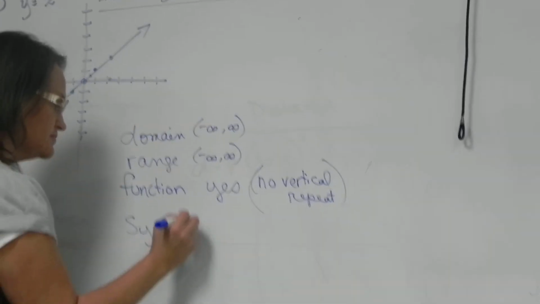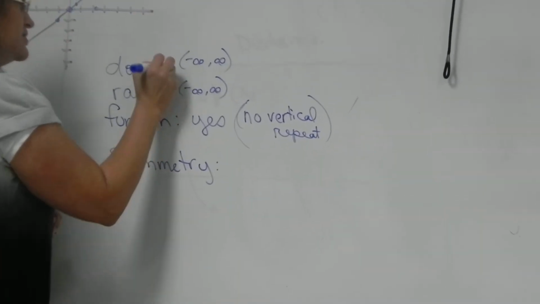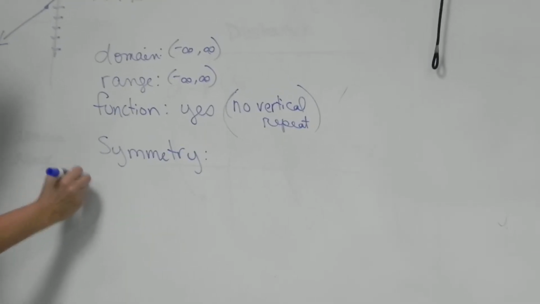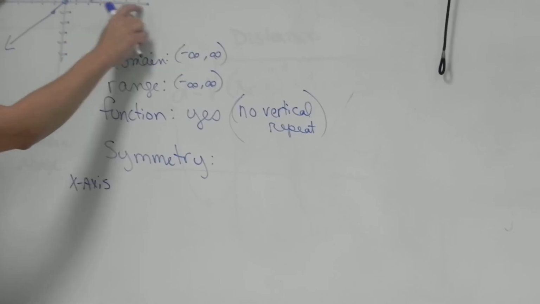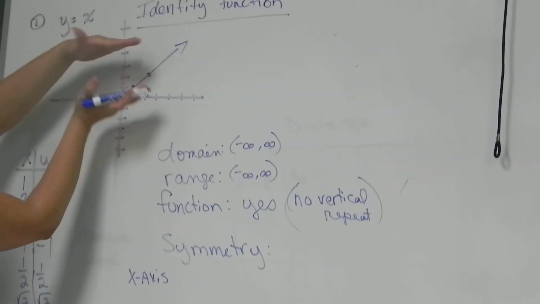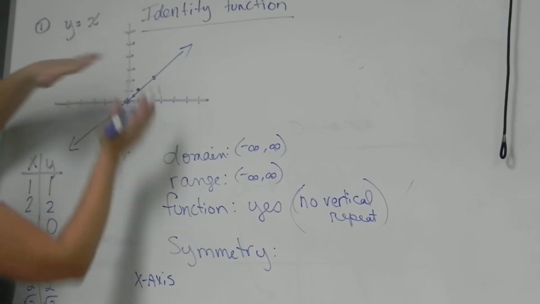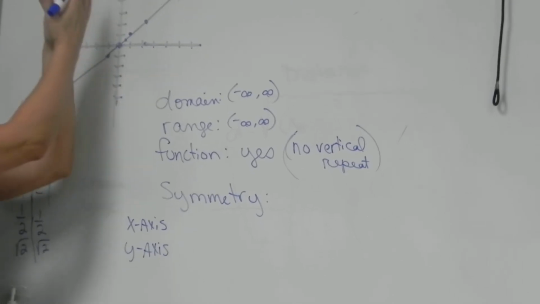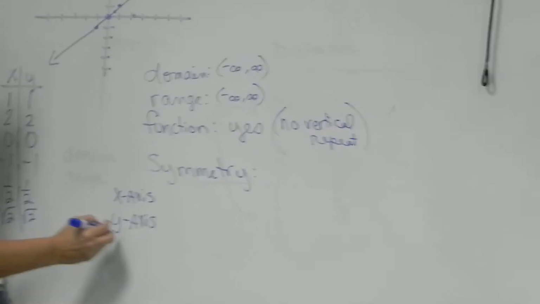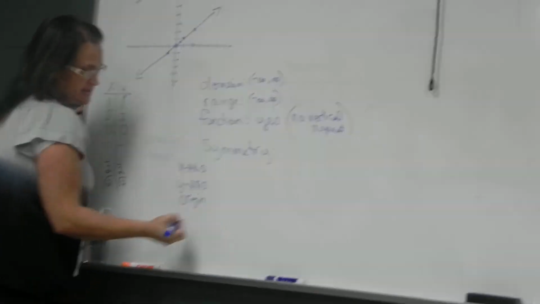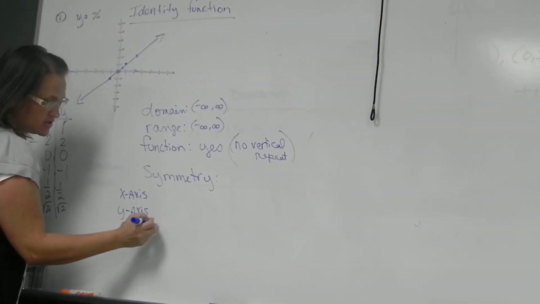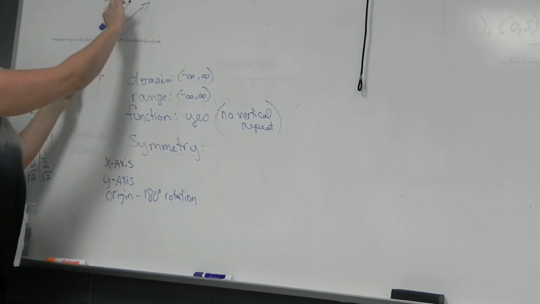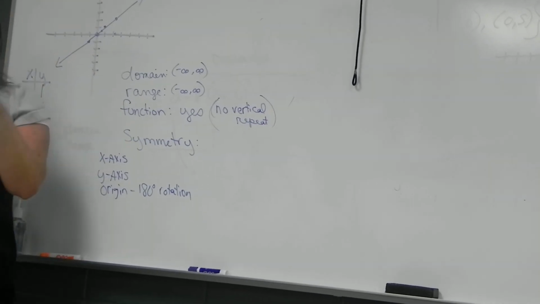Symmetry. We are going to study 3 types of symmetry in this class. We have x-axis symmetry, meaning if you take the x-axis and fold it together, that the graph would meet. This one does not. Y-axis symmetry, folding along the y-axis to see if the graph would match up. It does not. And the third type of symmetry is origin symmetry. That is what we have here, which is 180-degree rotation. If you can rotate this graph through 2 quadrants, a complete